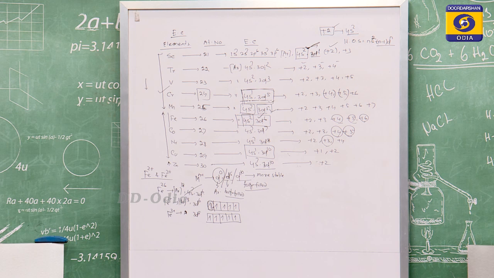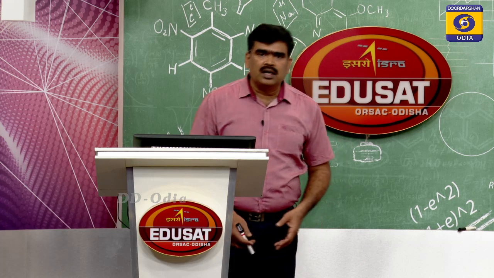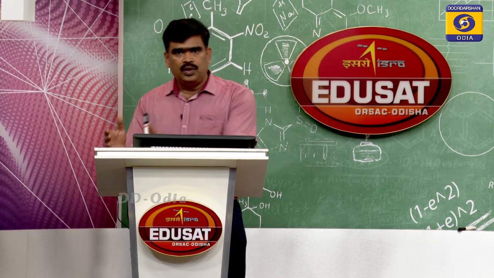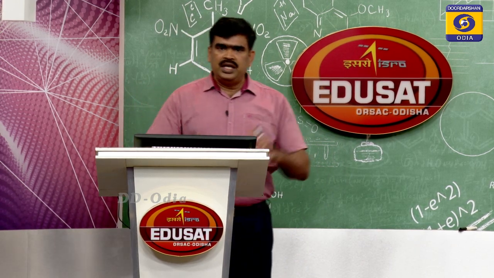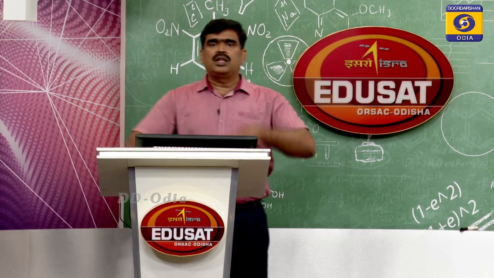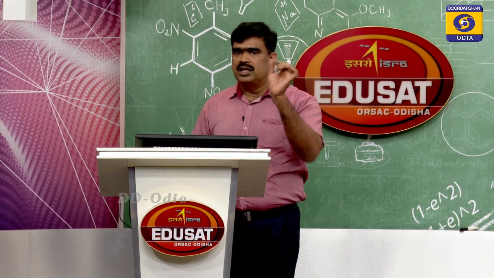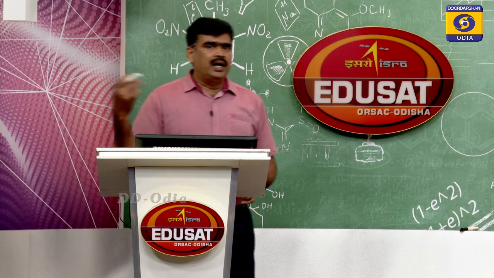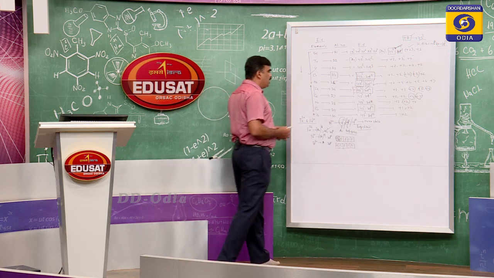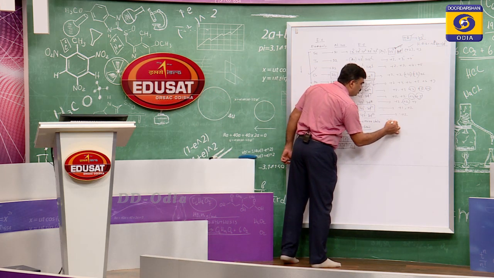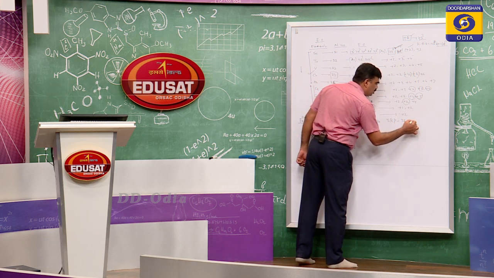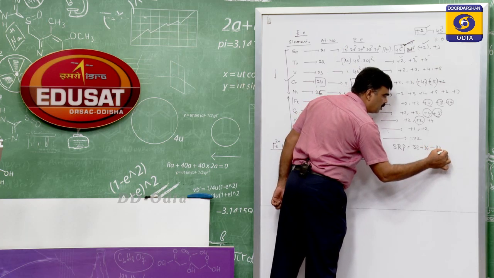So stability depends upon many factors like enthalpy of atomization, ionization enthalpy, and enthalpy of solution. Enthalpy of atomization is how much energy is required to convert that metal to a gaseous atom. Ionization energy and enthalpy of solution together, in toto, give the standard reduction potential. Standard reduction potential is sublimation energy plus ionization energy minus enthalpy of solution.